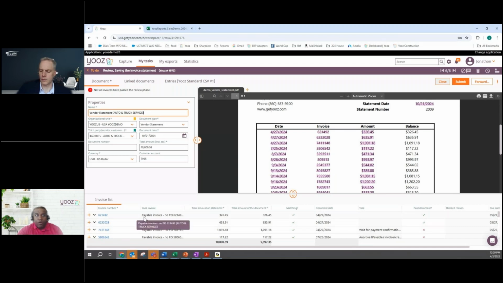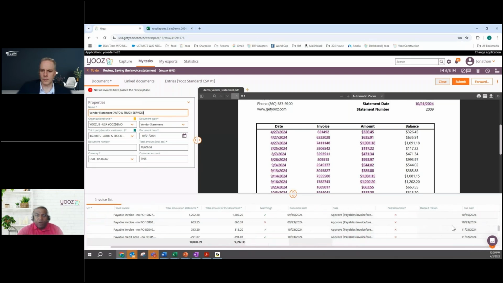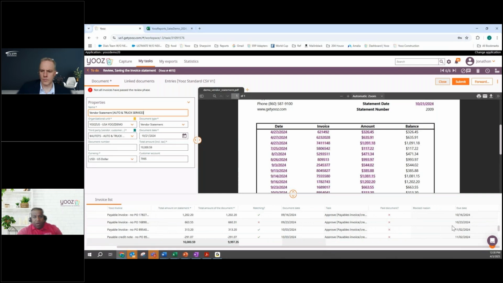Let's come on over, start with the top one. Here it's saying, hey, what's on the statement, and then what's on the document, and then it tells you if it matched or not. If I scroll all the way down, we see we have some good matching, but then look, we have an X. Then we can see where it's at in that approval, if it's been paid, or if for some reason, like I just mentioned, that blocked queue, if that is there. So really helping out the team if you're using statements as well.